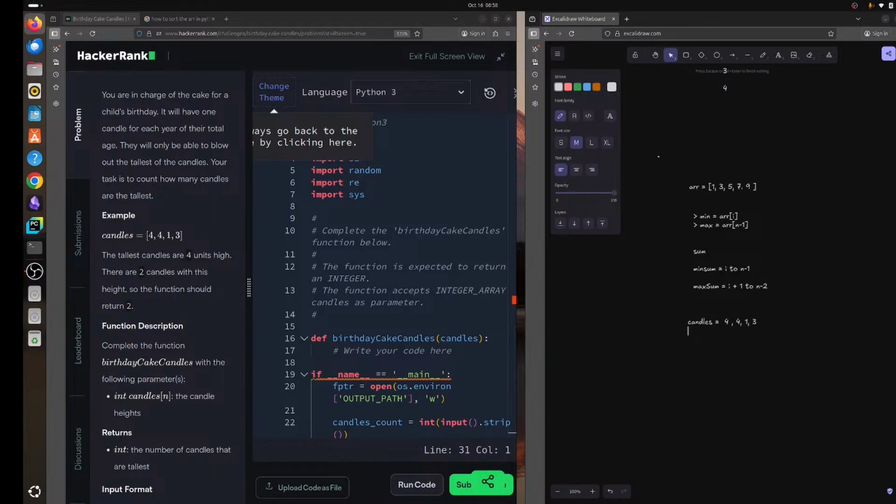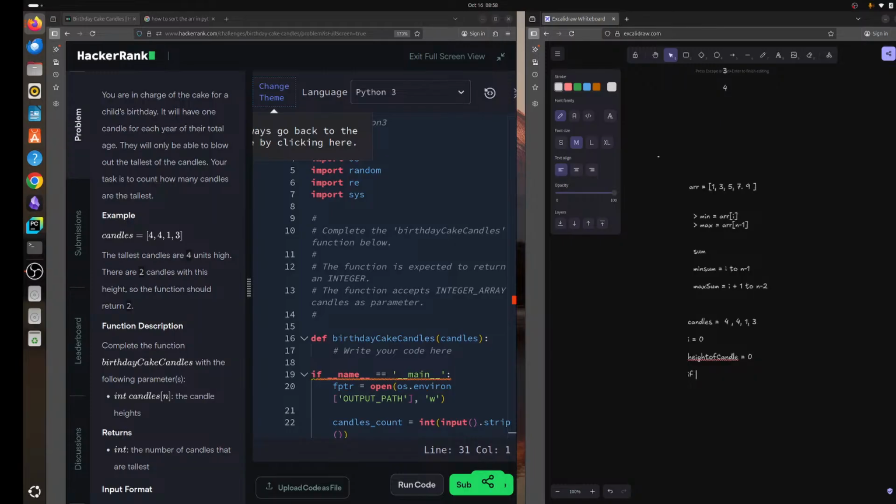If it goes from i equals to 0, I will be pointing on this candle and I check the greater height. Let's keep the height of candle as H of C. We keep it 0, and we'll check